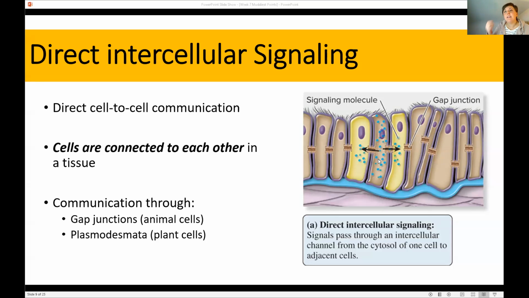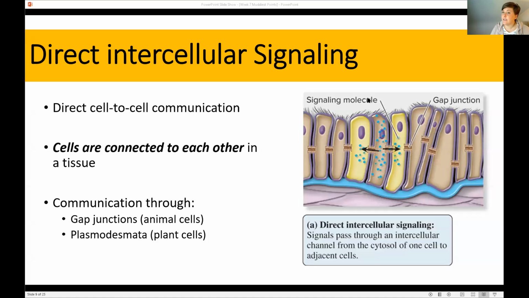But we talked about the fact that muscle cells have to get stimulation from one nerve. For example, in your bicep, you have tons and tons of muscle cells. So even though you may have one neuron stimulating your bicep, all of the muscle cells in that bicep have to get the same message in order for you to be able to flex. And so what happens is, let's say we have a neuron stimulating this cell right here in the middle. That neuron says contract. We don't only want this cell to contract, we want all of these cells to contract.